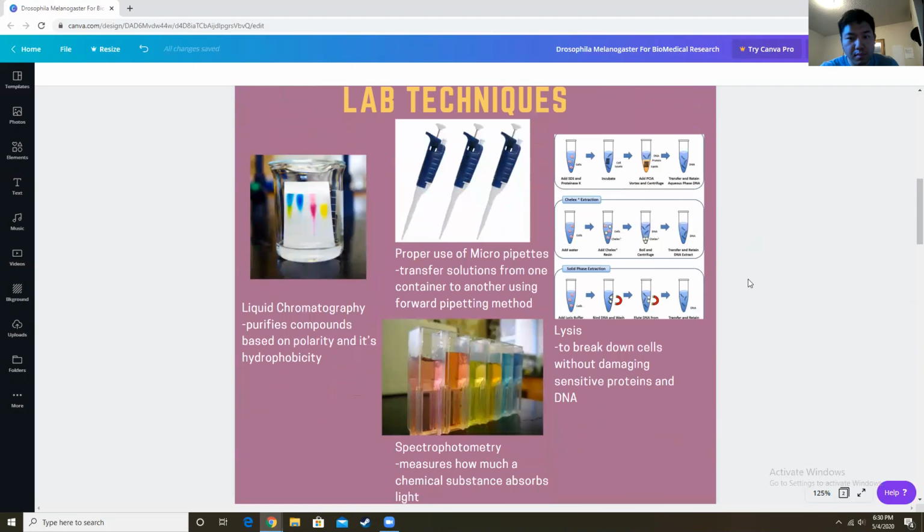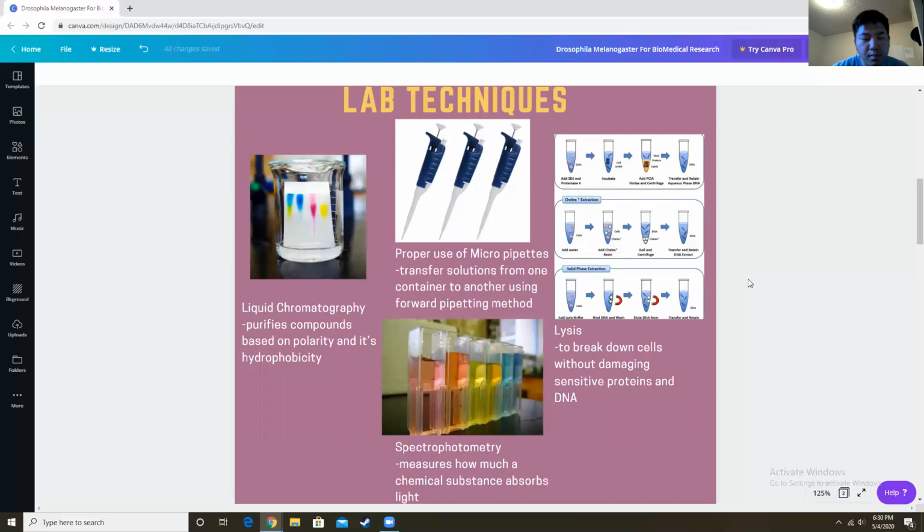Many of the techniques that were used for the experiment on the fruit fly were also lab techniques that were used in our Chemistry 156 lab. These techniques included spectrophotometry, transformation techniques, purification techniques, gravimetric analysis, and lysis. But the ones that we will be focusing on are liquid chromatography, the proper use of micropipettes,